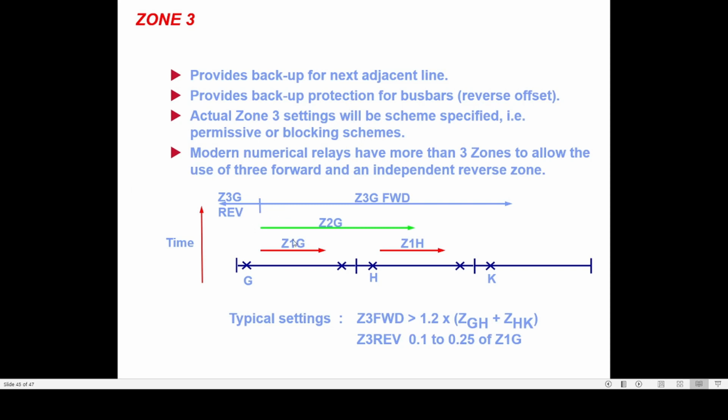So zone 3 is the backup of the longest line from the remote bus. So it will be 120% of the principal line impedance plus the impedance of the adjacent longest line. In the reverse direction again, we will consider only 10 to 25%. Basically, in the reverse direction, what we should have considered, if you see here, then